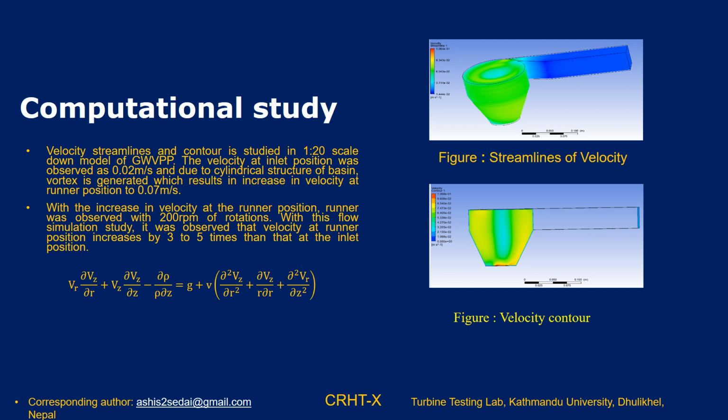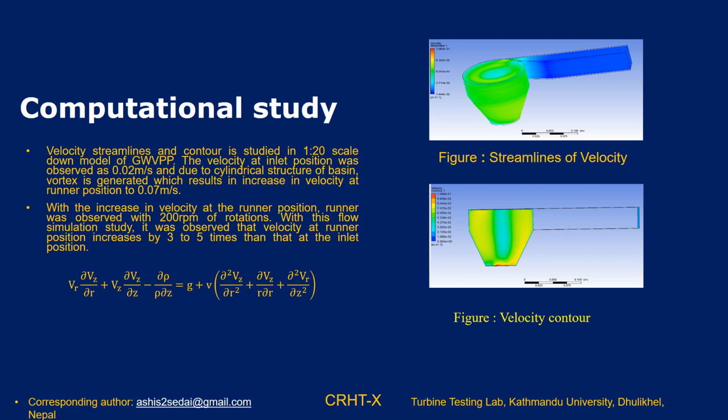We set boundary conditions at the inlet with 0.0315 kg per second, that is our mass flow rate, and an outlet condition with a static pressure of 1 atm. The flow we considered as incompressible, therefore the k-epsilon turbulence model was chosen for the validation purpose. And the image that you see is the streamlines of velocity that represents the velocity at different positions of the basin, and the other diagram represents the velocity contour at the